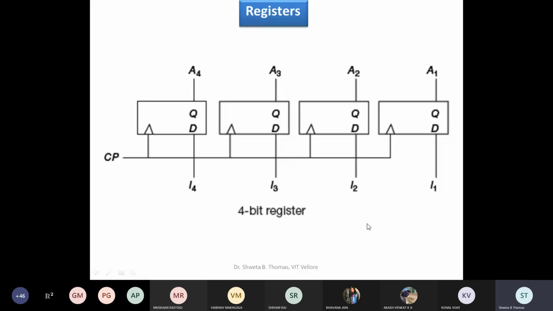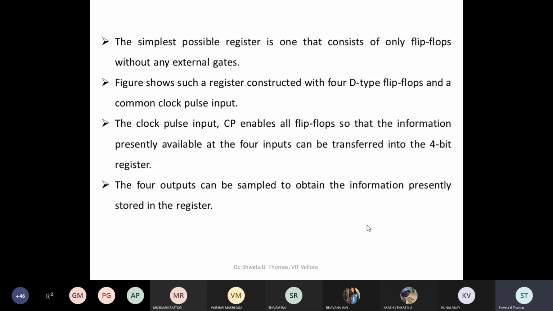Some details, also some points, I have mentioned here. You can see it later also. This is the simplest form of register because we have taken the D flip-flop first, and D flip-flop is the simplest flip-flop. It is already known to you. And I already explained everything here about this parallel register.